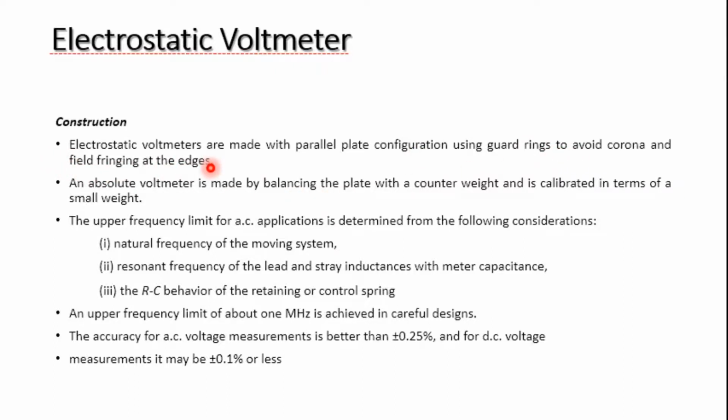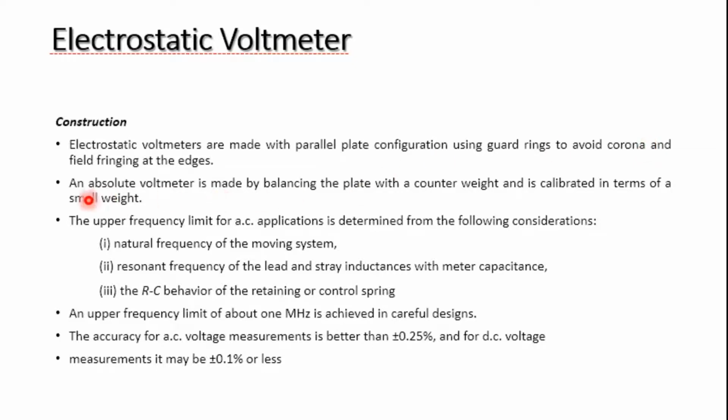So that's nothing but we are using the two electrodes. If there is a spacing between the two electrodes, there is a possibility that stray capacitance and ground capacitance may exist between the two electrodes. So we have to minimize that. So we are going with a guard ring to minimize the value of the corona.